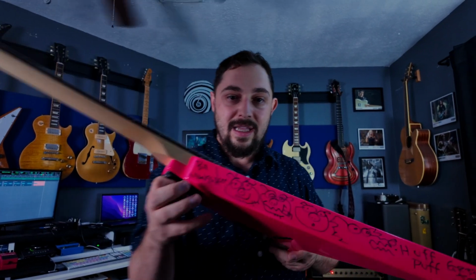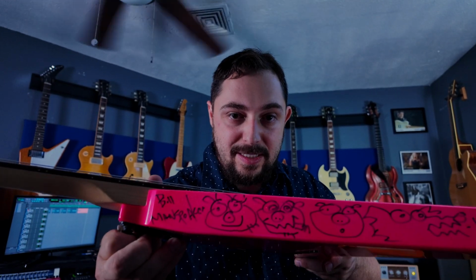But you can see these 3 little pigs on there from that Green Jello song. You know, little pig, let me in. I'm not going to play it. This guitar isn't tuned at all. And it's not a great guitar, but it is a cool wall piece. That is all of my electric guitars that I'm going to show off in this video,